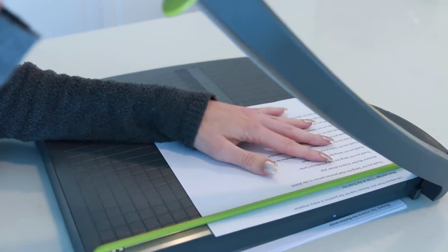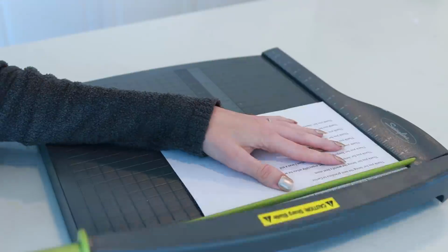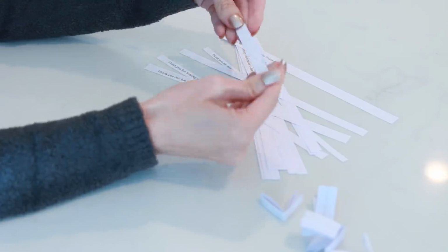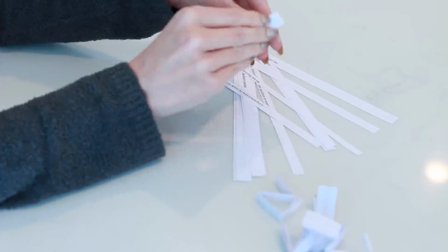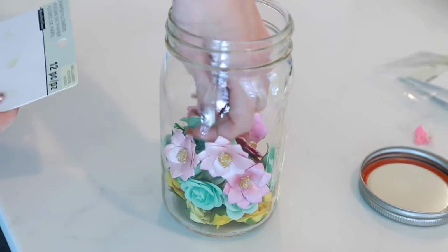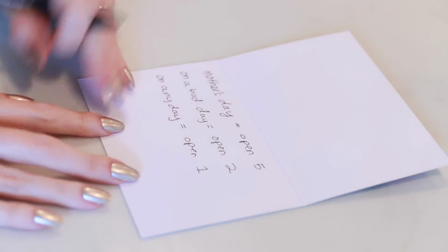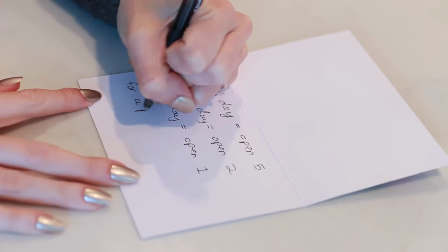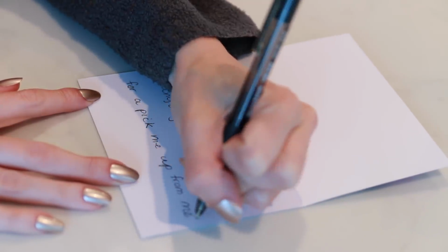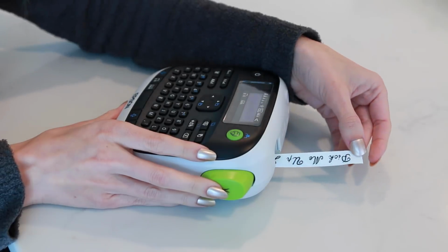You could really fill this up with whatever means something to you. You can put quotes in here, anything that's gonna make your mom smile. So I typed out all of my notes, cut them out and rolled them up, and to make it look a little bit prettier, I'm decorating the jar. I'm adding some little flowers in here, and then I'm adding instructions. So on Mother's Day, I want her to open 5 of the notes. On a bad day, open 3 letters, and then open 1 note on any random day whenever she needs a